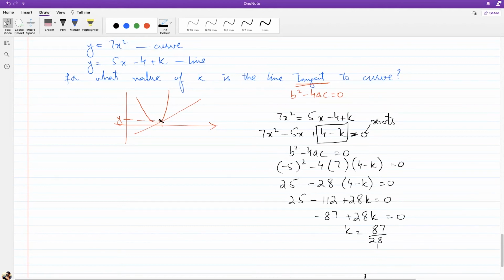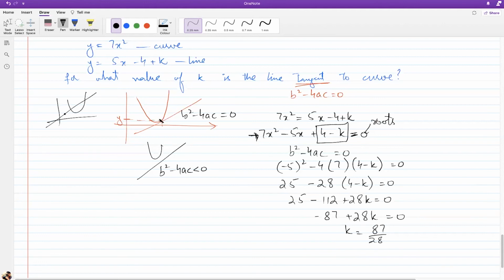If they ask when they do not intersect, then you will do the same thing. You know they're not intersecting. That means you get to this point, you talk about roots by putting one side equal to 0, and then you do b square minus 4ac less than 0. So this is where b square minus 4ac is less than 0 because they're not intersecting. This is where it is equal to 0 because they are intersecting but as a tangent at one point. And this is when they are intersecting at 2 points, so that b square minus 4ac is greater than 0